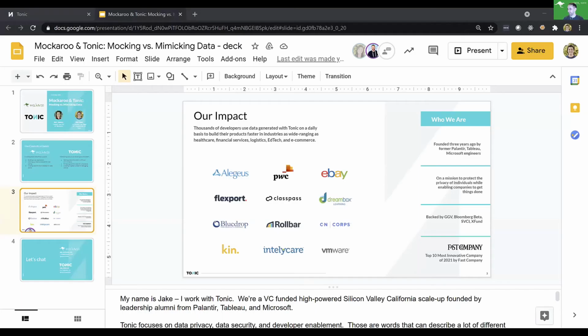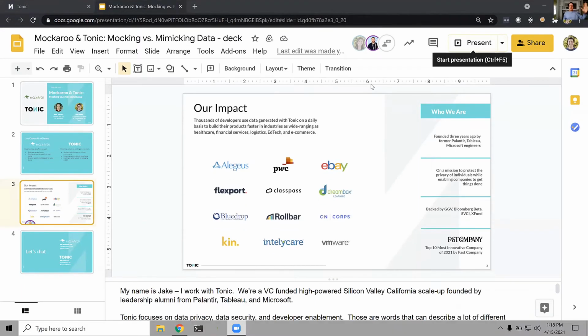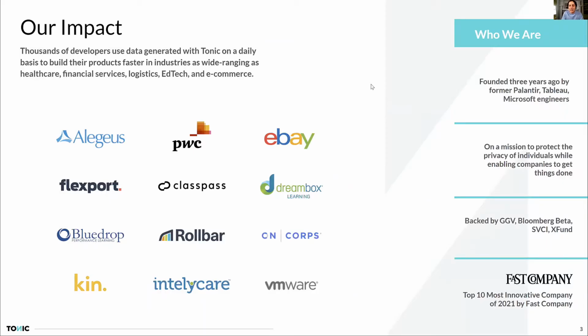Certainly. All right, everyone. So like I said, my name's Adam. I work at Tonic. Tonic is the fake data company. We generate fake or synthetic data sets for our customers. A key difference, though, between Tonic and Mockaroo is that Mockaroo is more suited for generating data from nothing. So you have a schema or a structure to the data that you think you need, but you have no data. So you go and use Mockaroo to generate some data.